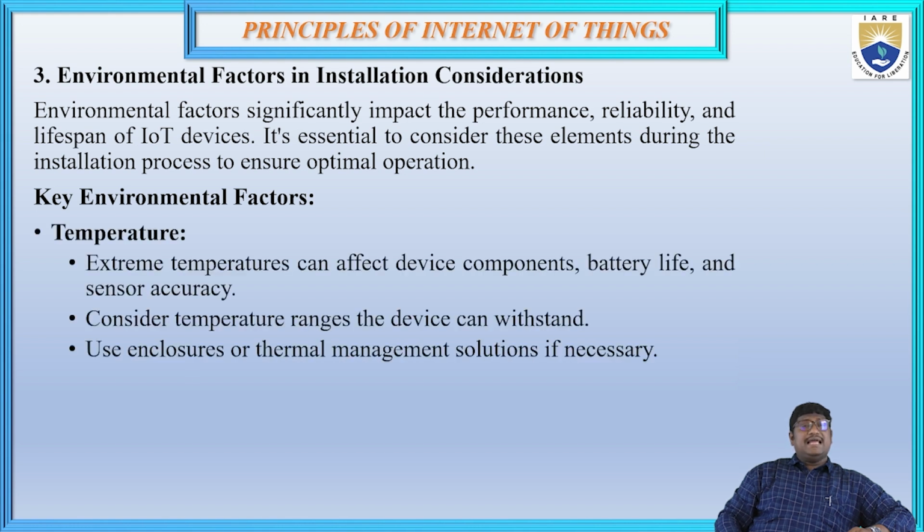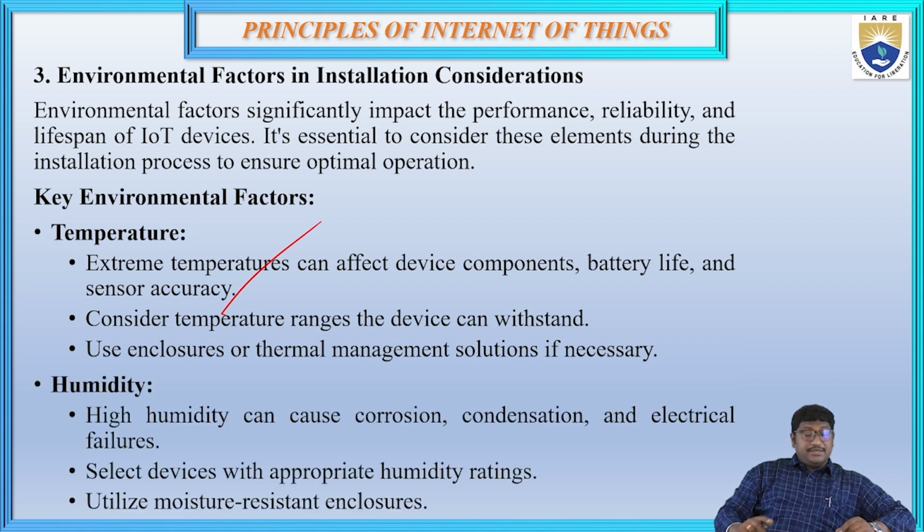And coming to the third one, environmental factors and installation considerations. These are the factors which need to be considered at the time of installation, because they impact the performance, reliability, and lifespan of our IoT devices. The first key environmental factor is temperature. Extreme temperature affects device components, battery life, and sensor accuracy. We need to consider the temperature ranges the device will